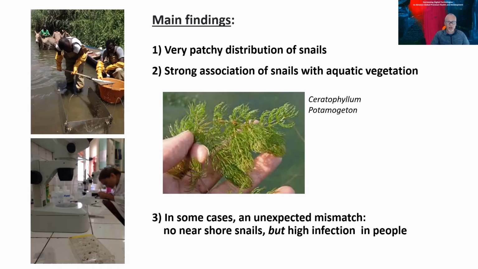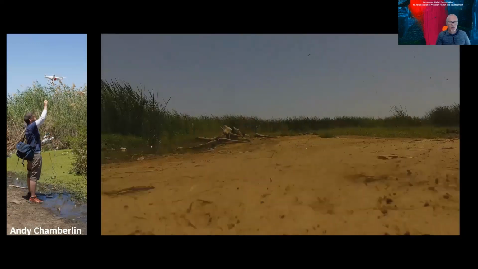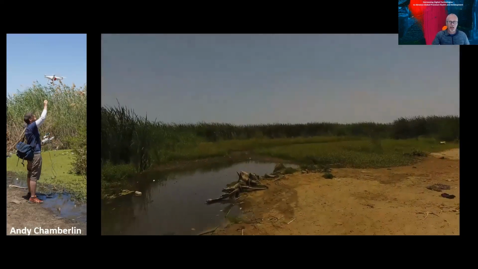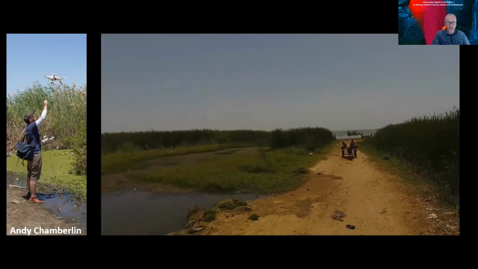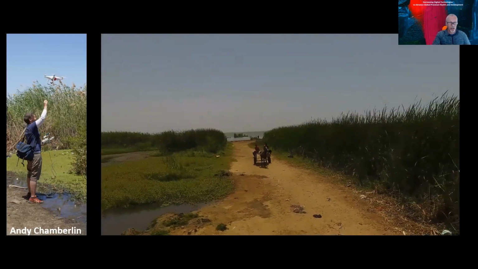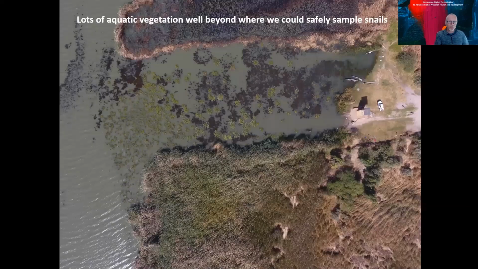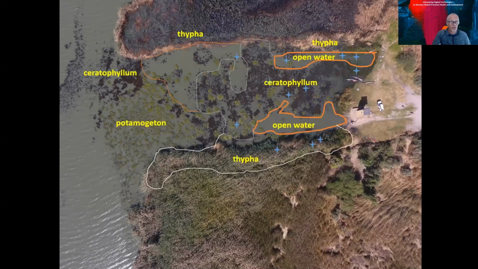And in order to do that, in January 2017, we bought a simple, cheap recreational drone, a DJI Phantom 4 with a simple RGB camera. We started to take shots of our field site. And what we found was a lot more suitable habitat for the snail than we could see from the shore. Specifically, we realized that the area that we could safely sample by stepping in water up to 1 meter, 1.5 meters at most, was just the marginal areas of this large distribution of floating vegetation.